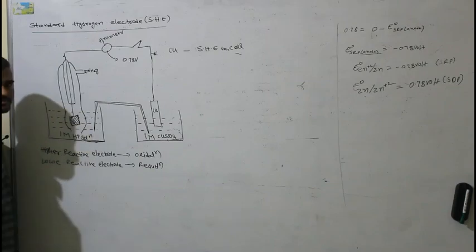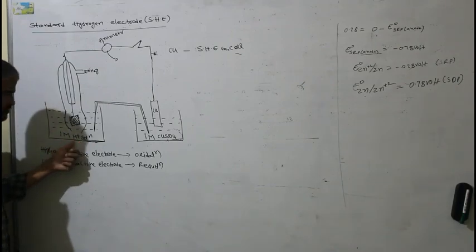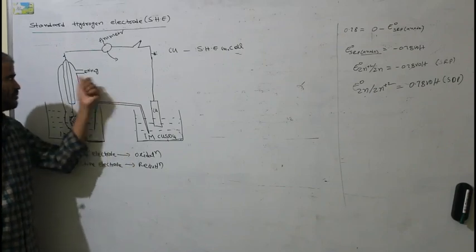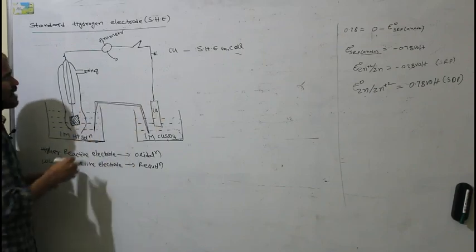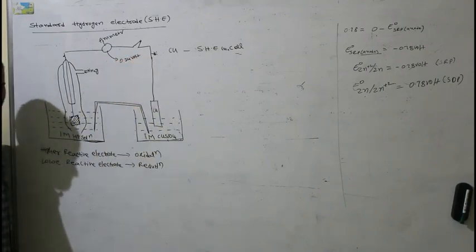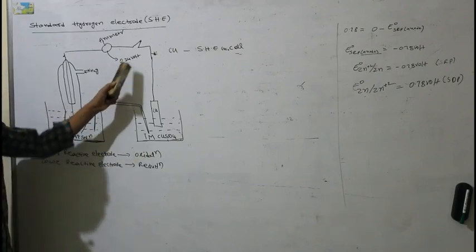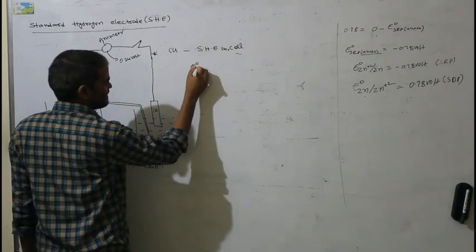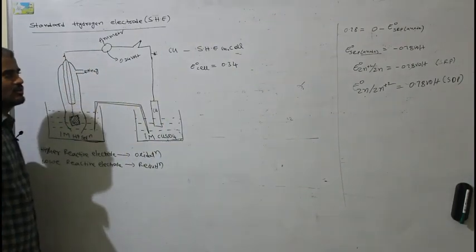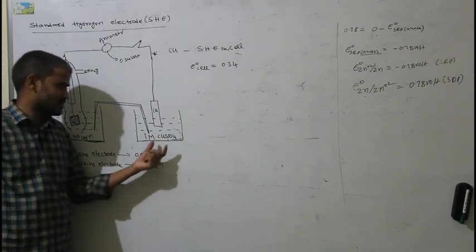Now switch on the switch. The ammeter will show the potential difference between the standard hydrogen electrode and the copper sulfate solution, between which both are connected. That ammeter value is given as 0.34 volt. That is all the experimental data. So this 0.34 volt becomes the standard cell potential of the copper and hydrogen electrode. Now we should know exactly what the reduction potential value of copper is.